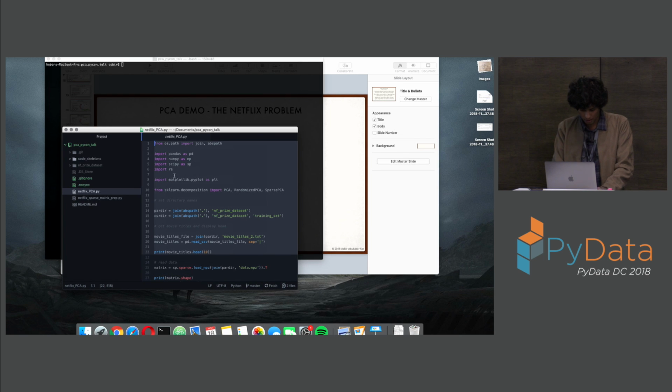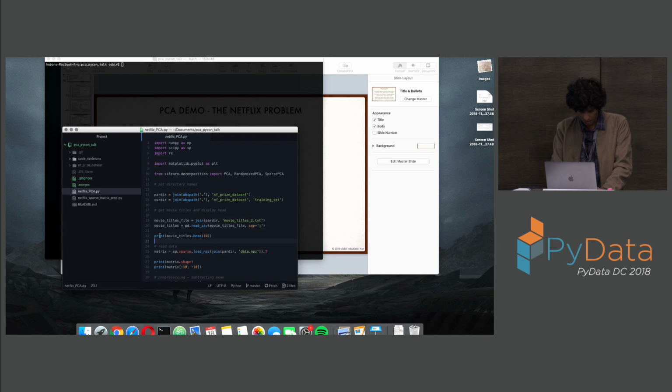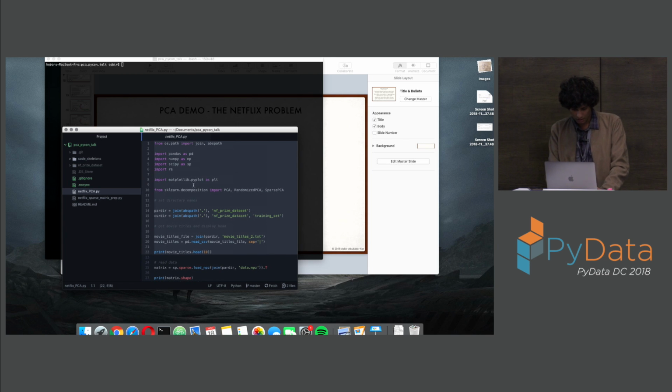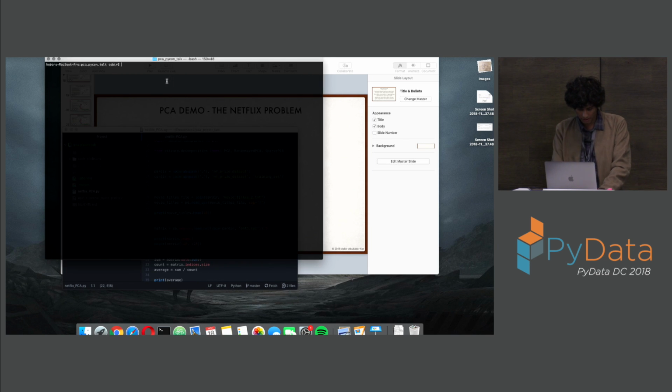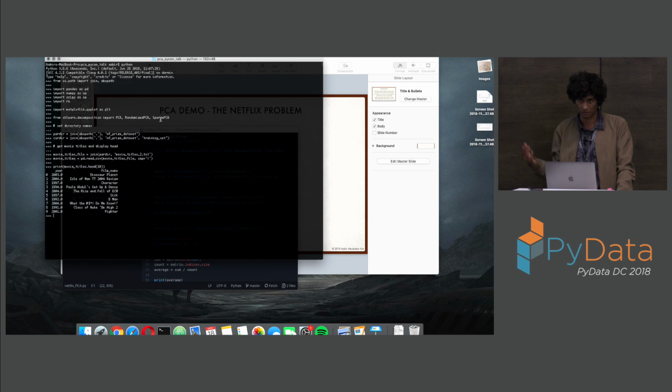So here's the code. It is up on my GitHub. All I'm doing here is basically, can everybody see? OK. So I'm importing my data set. I had to run some pre-processing on it to make it easy to read with a sparse matrix and stuff like that. But this is the list of movie titles that Netflix looks at.